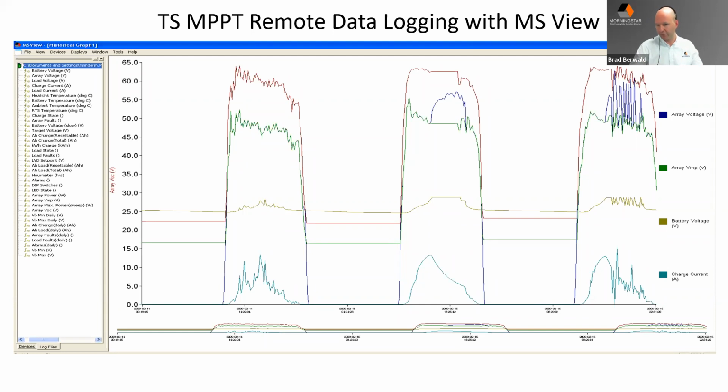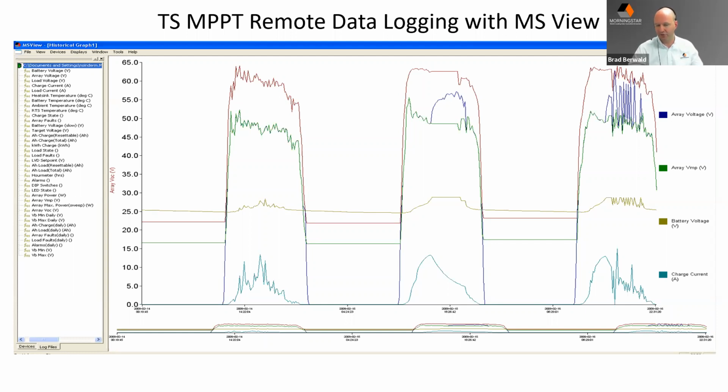And when you've got really granular data like this available, it's amazing what you can actually see at the site. It also tells me that on day 2, there was some very consistent sun, because the battery did not gain and lose its charging. It was just consistent throughout the day. On the 3rd day, you saw a lot of erratic behavior, probably a lot of clouds, and a PV array that was not really too stable. It still got the job done, but not as cleanly as the 2nd day.